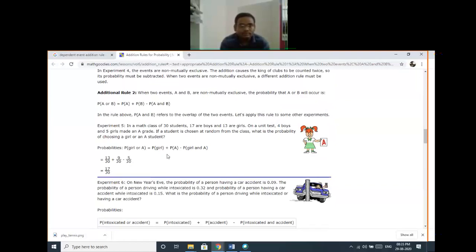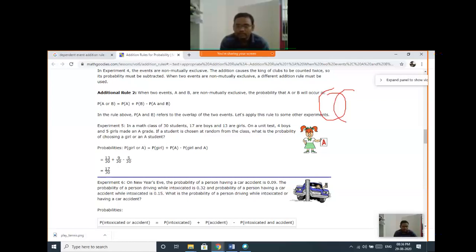Okay. So here is another example. When two events A and B are non-mutually exclusive, the probability of A or B is: you have to subtract the common thing, when both events are happening simultaneously. That one you have to subtract. This is in terms of a Venn diagram. You just see, it is not mutually exclusive. There are some events happening over here, and that thing you have to subtract when you are adding the two events. So you have to subtract this much. Okay.